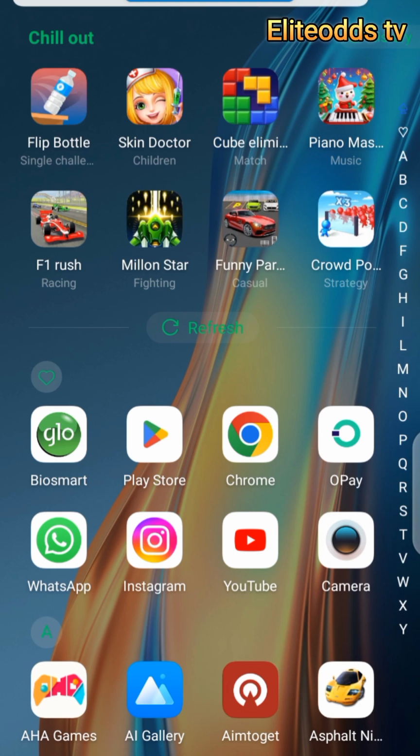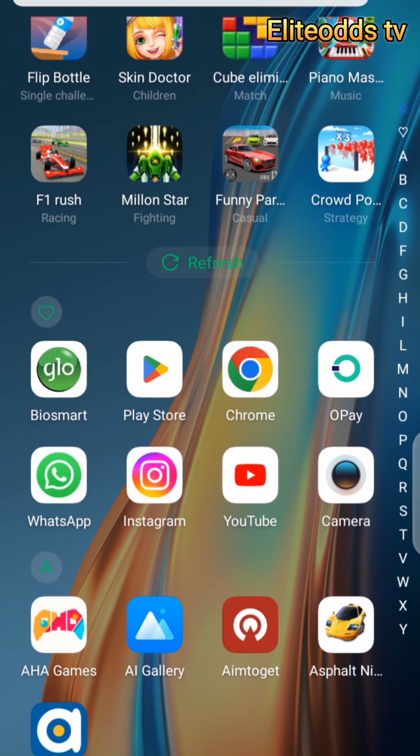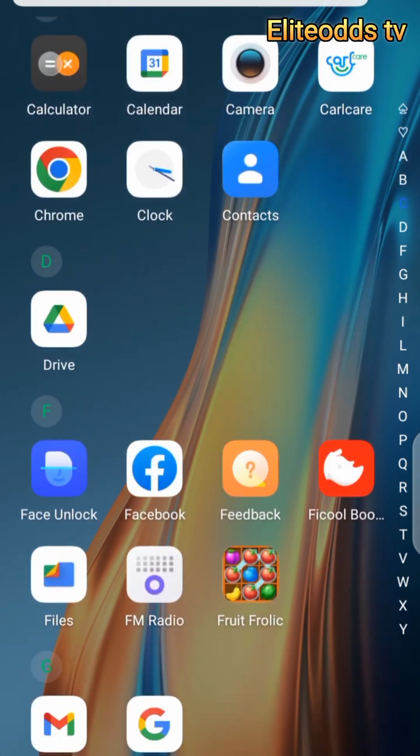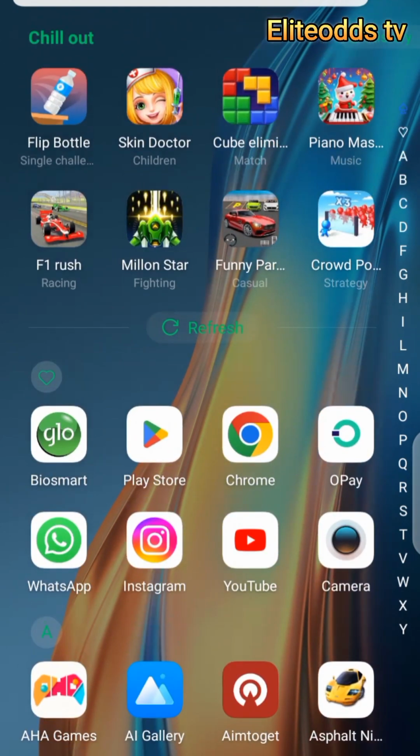Hey guys, for those of us that don't have an Instagram account, this is how to create an Instagram account. You go to your Play Store. There's a Play Store on your Android phone. If you are using an iPhone, you see an app, the Apple Store. So click on your Play Store,